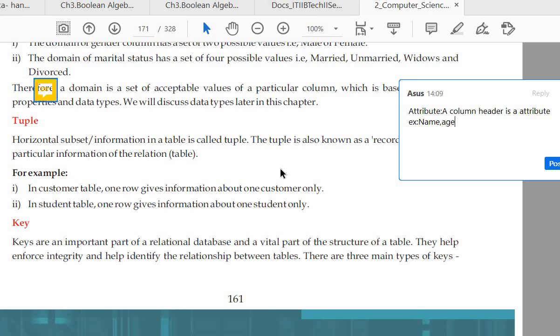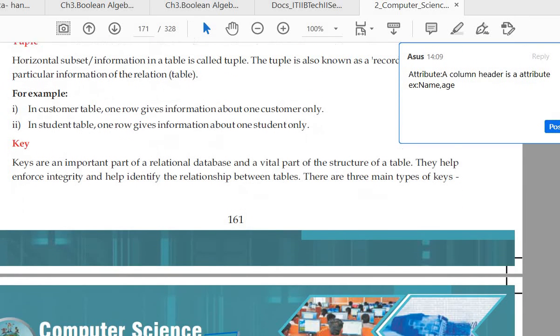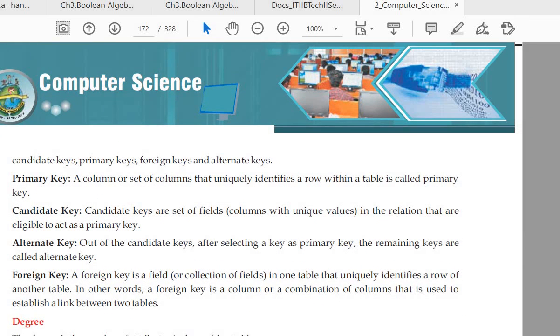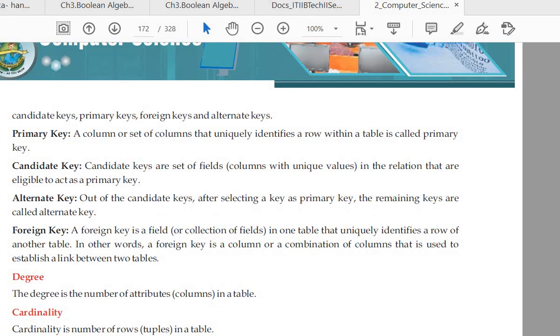Fine. Now there are two more things here. Before defining the key, I would like to tell you about the degree and the cardinality. The degree is the number of attributes, meaning the number of columns in a table, and cardinality is the number of rows or tuples in a table.